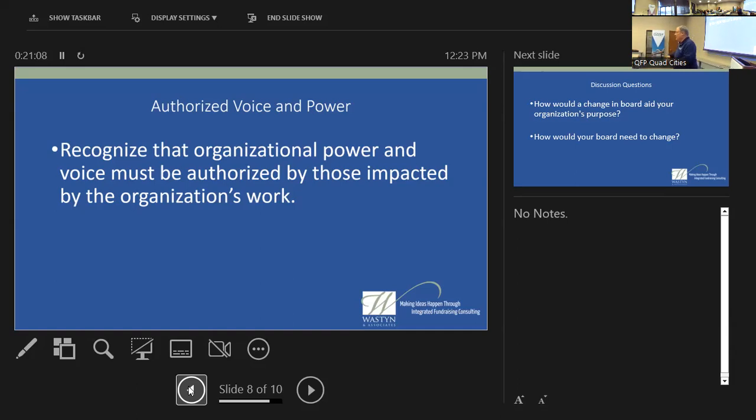All right, so we're really trying to put this into action. Now, guess what? A lot of the people we're looking at don't have a lot of board service. It's okay. But a lot of times when people are putting boards together, what do they look for? People who have been on other boards, right? We keep recreating the same people over and over and over. We've got to break the cycle.